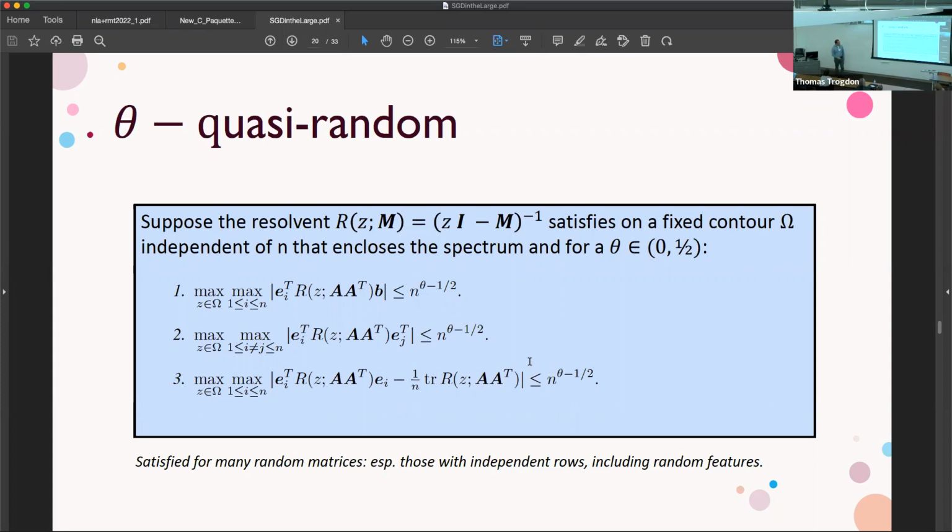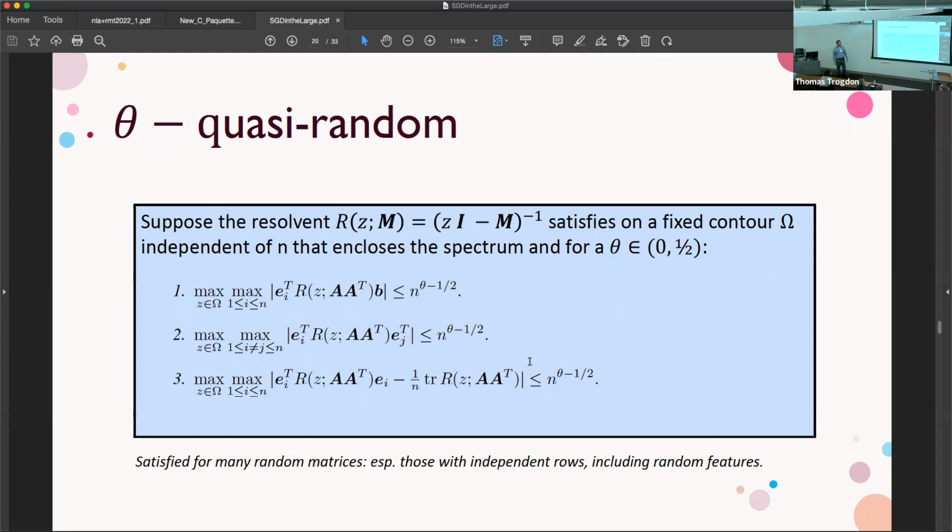And the third one is something about the on-diagonal parts of the resolvent being close to mean behavior. Okay, so I'm not even showing all the assumptions, but this is the type of assumption that you need. And these types of assumptions can be checked for matrices A which have independent rows. That's where you even have a chance of this being true. So independent rows in particular for this,